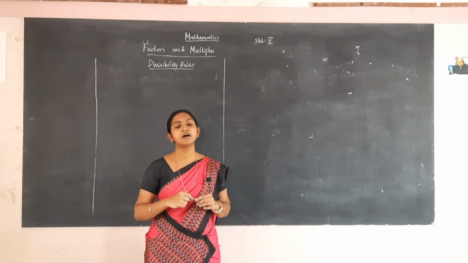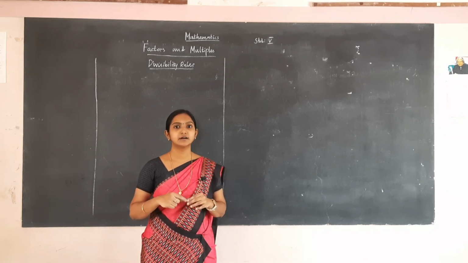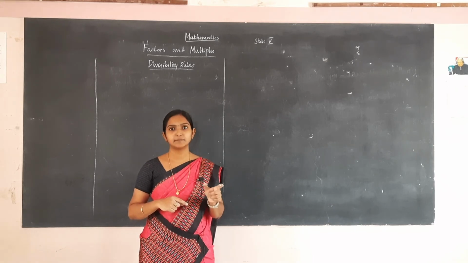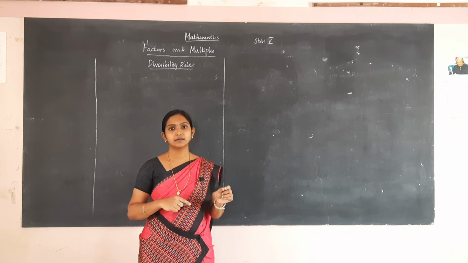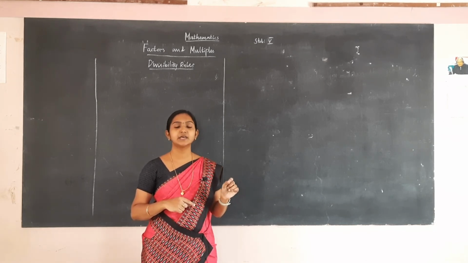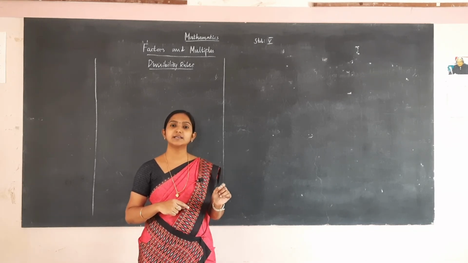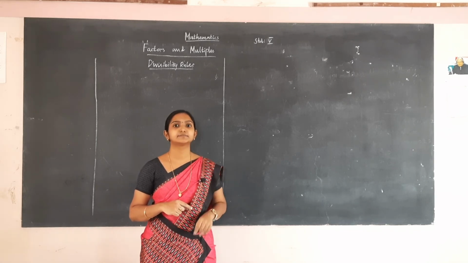Divisibility rule for number 7 is totally different from the others. For the divisibility rule for number 7, we have to double the number in the unit place and subtract it from the remaining numbers. If that number is divisible by 7, then the whole number will be divisible by 7.